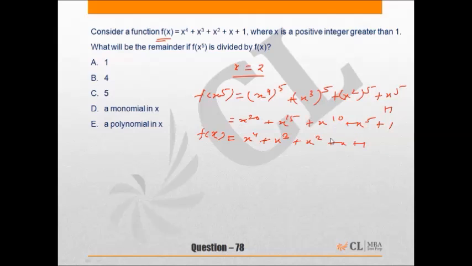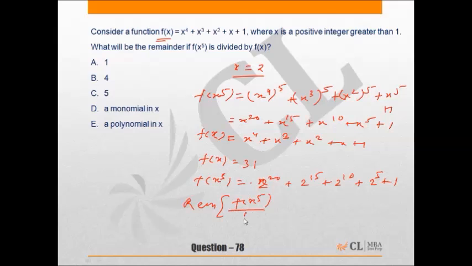When we substitute x equals 2, we get f(x) as 31 and f(x raised to power 5) will be 2 raised to power 20 plus 2 raised to power 15 plus 2 raised to power 10 plus 2 raised to power 5 plus 1. And when we divide f(x raised to power 5) by f(x), we need to divide each of these terms by 31, and when we divide 2 raised to power 20 by 31, remainder will be 1,